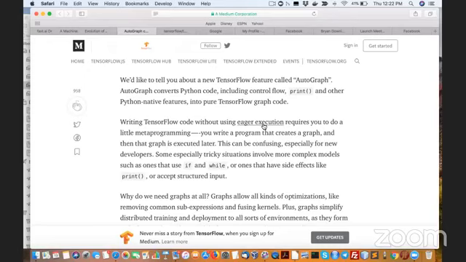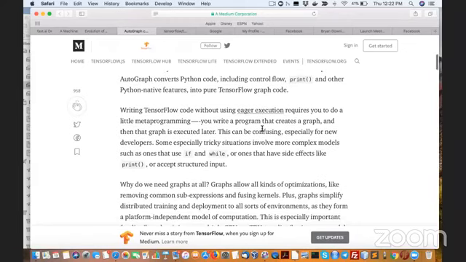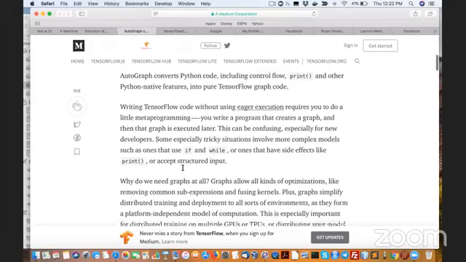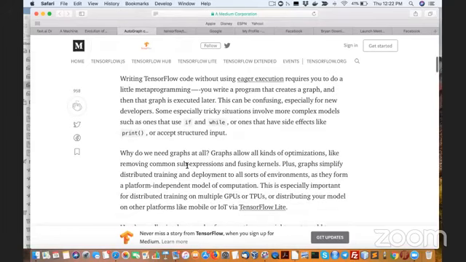So you could probably take the same concept here with AutoGraph. And it has some basic logic here that you can do: if, while, and prints as well. Now, it mentions graphs for optimization. Now, I'm by no means an expert here at